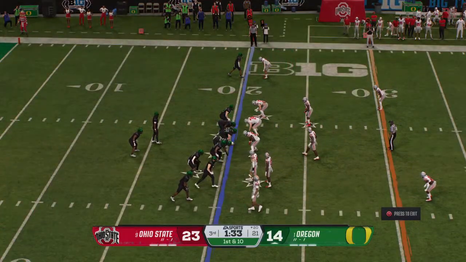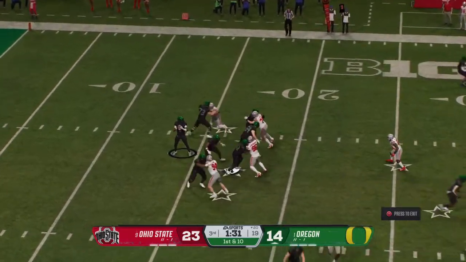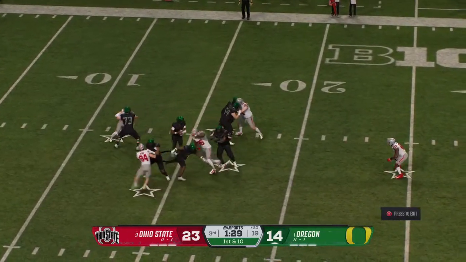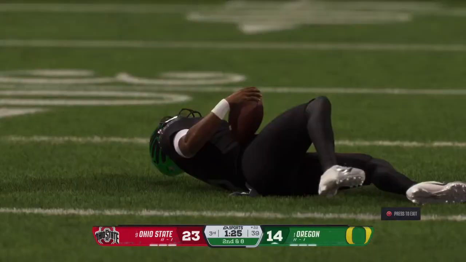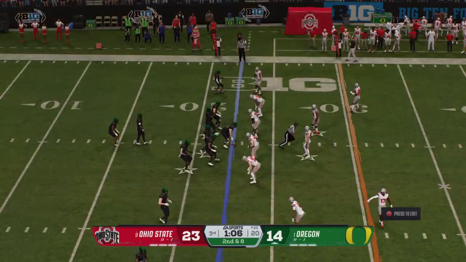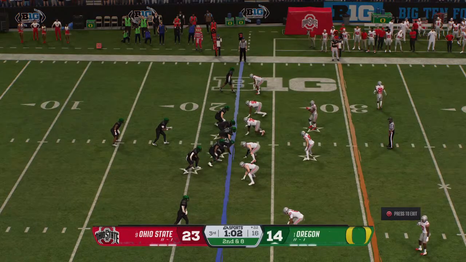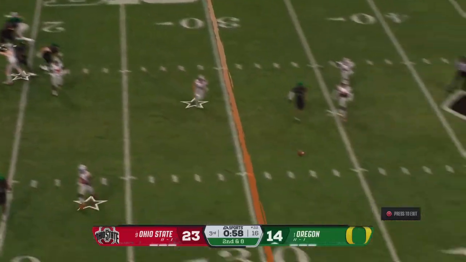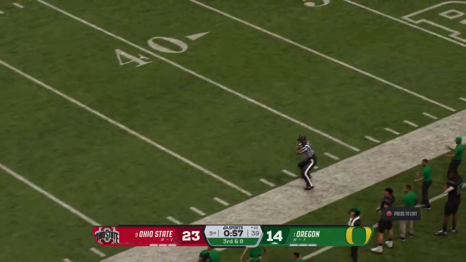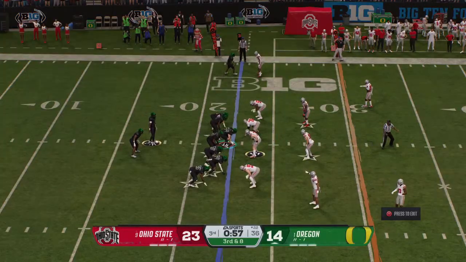Here's the first play of the drive now from the 20-yard line. On 1st and 10, they'll look to throw it. Pass rush closing in. 2nd down play coming up for this offense. Off the play fake, looking to pass it. Lets it fly to the wideout. And it's incomplete. The defense not fooled that time. And now it's 3rd down.